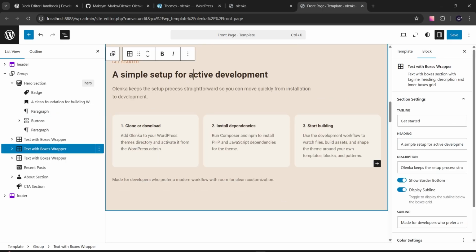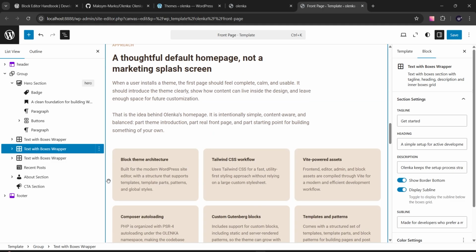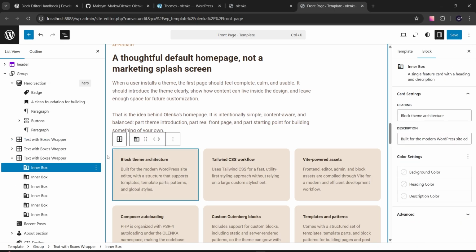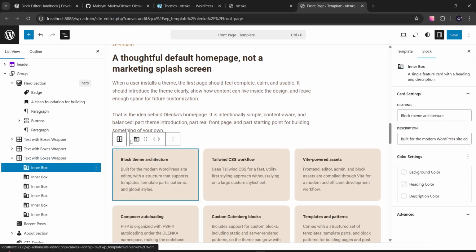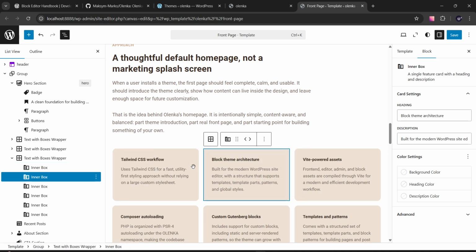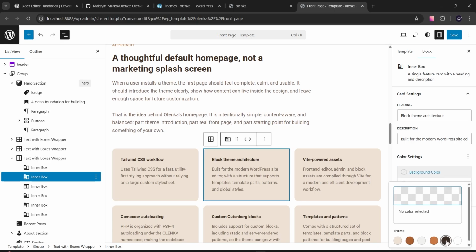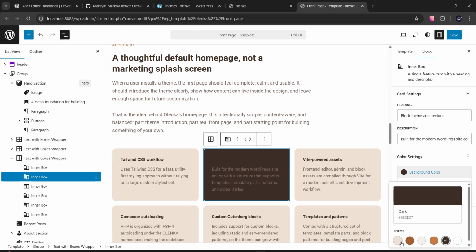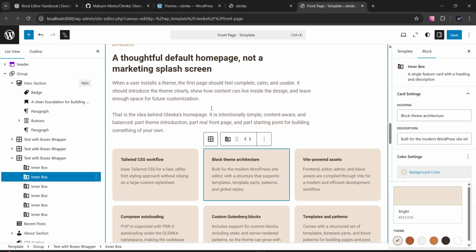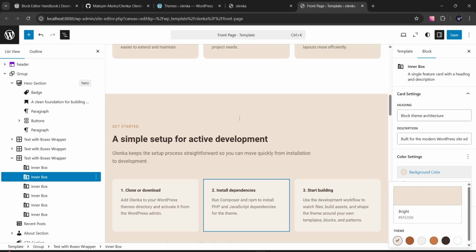So as you can see, we have lots of sections. They have lots of options, and we have parent Gutenberg blocks, and we have child Gutenberg blocks. We have an ability to change positions, text, background colors, and lots of stuff. I think it's very cool